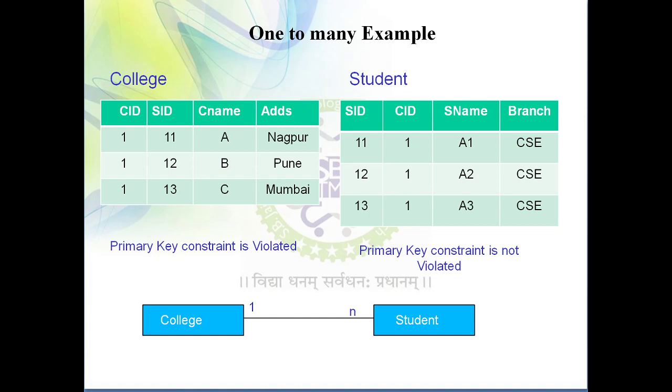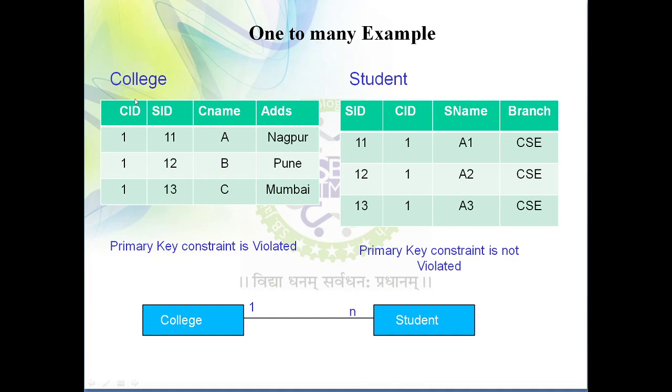That common attribute should be present in table 1, or it should be present in table 2, or for that purpose do we require a third table. I am going to explain that with the help of two examples. The first example is for a one-to-many relationship and the other example is for a many-to-many relationship. So first of all, the one-to-many example.